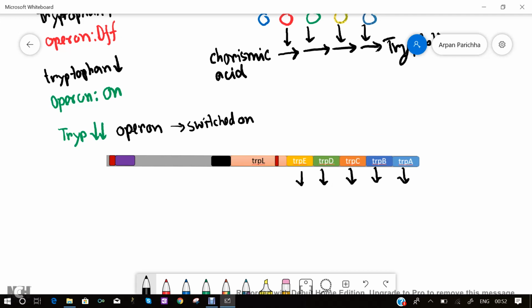What happens? Like the lac operon, here also you have a trp repressor gene. Let's name it trpR, that gives rise to specific mRNA, which is translated into the tryptophan repressor. Now the tryptophan repressor is normally an apo-repressor,